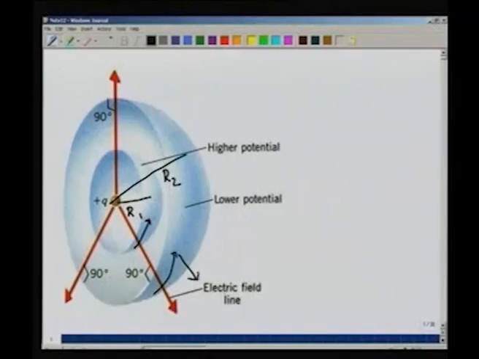Whereas if I want to do some work, what I should do is to actually come out of the surface, then the electric field would be able to do the work, not if I were to move on the surface of the sphere. So this is something that we are all completely familiar with. So what we shall now do is to employ the same thing and look at a few more complicated situations.